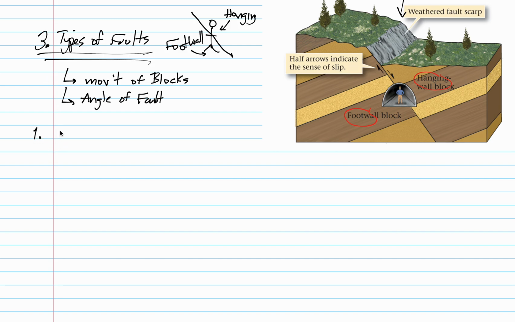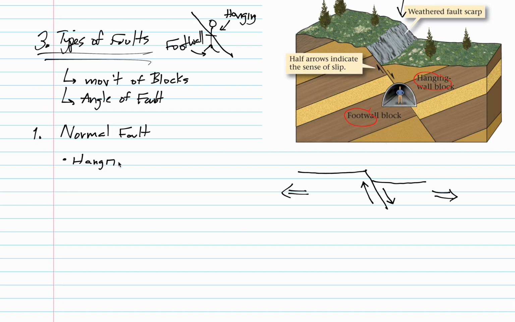The first type of fault to talk about is called a normal fault. And I think these are called normal faults because miners considered them the most regular. And what we see in a normal fault, we'll go ahead and draw one down here, is, so here's the normal fault, there's our fault, here are our 2 blocks. And what we see on a normal fault is this side goes down relative to this side. The tectonic reason for this is divergence and extension, which elongates a space. And the way to describe this with hanging wall is we would say that for a normal fault, the hanging